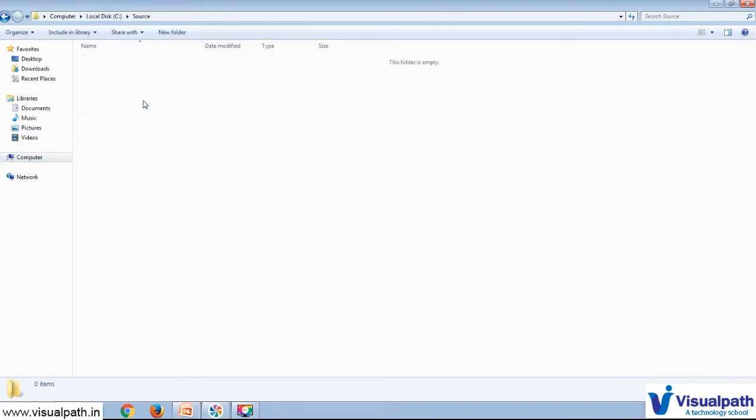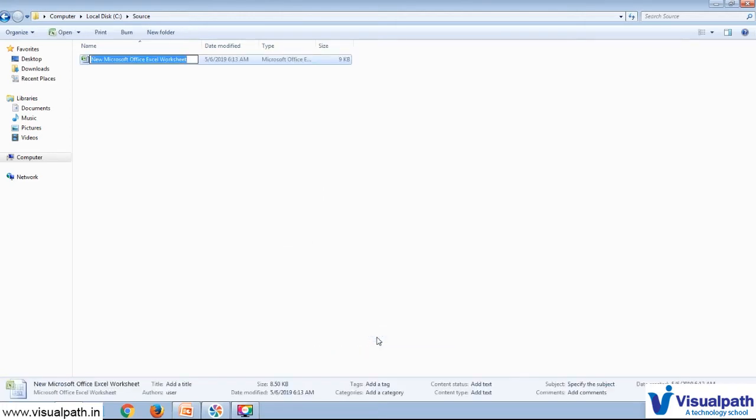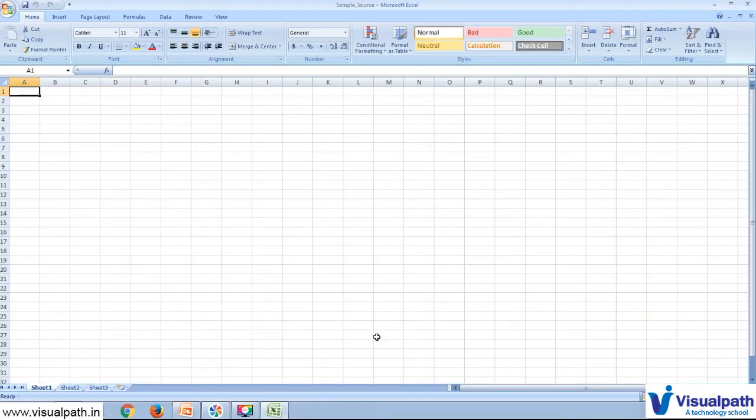In the source I'm going to create a test file. So I'm going to create a CSV file.